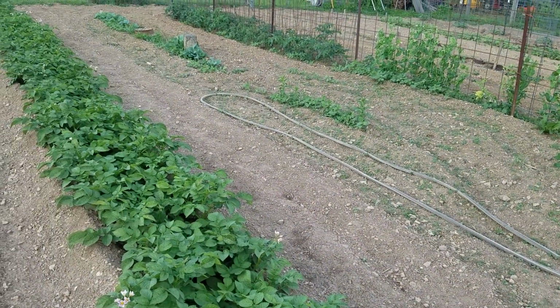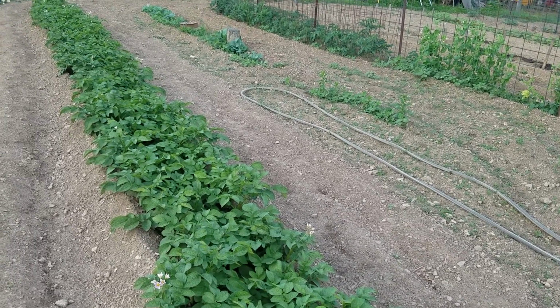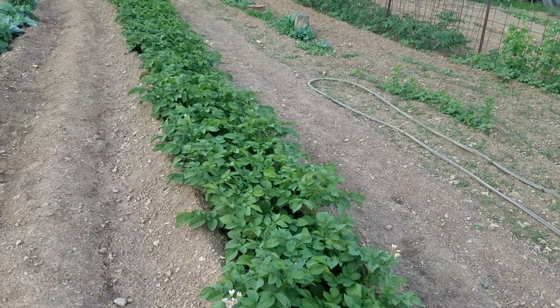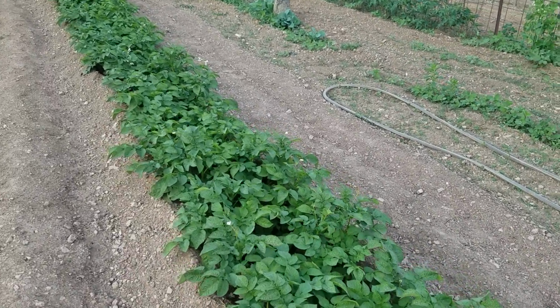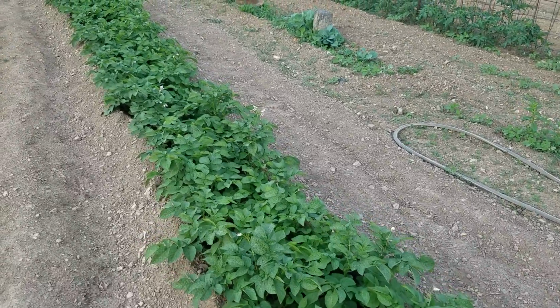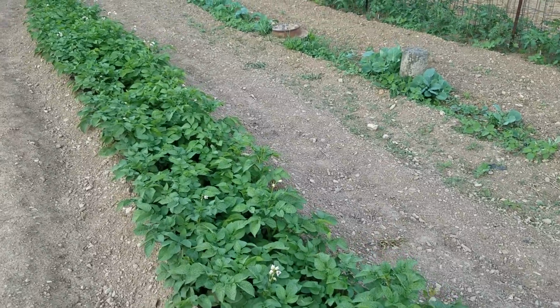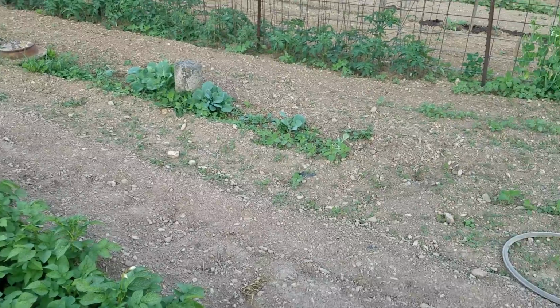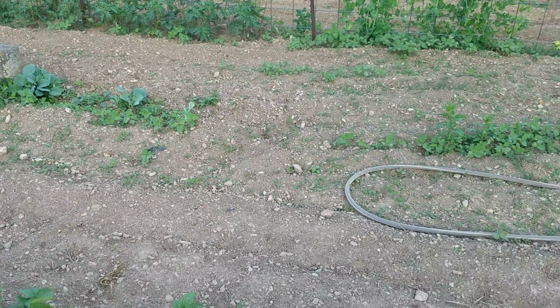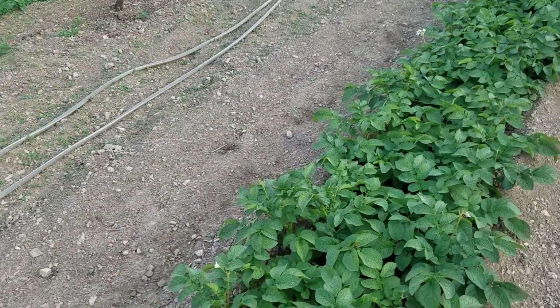So like I said, I have probably this year picked off maybe 50 or 100 adults and hundreds and hundreds of the little larva stage. Maybe close to 1,000 of the little larva stage. So I like to pick them off. I don't like to use chemicals. I've tried to use chemicals in the past. It just does not work for me. The best thing to do is to pick these guys off